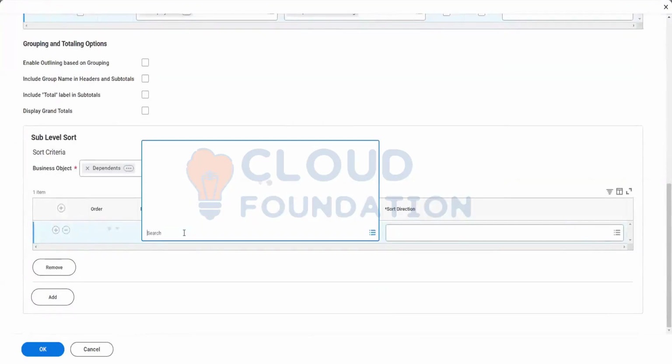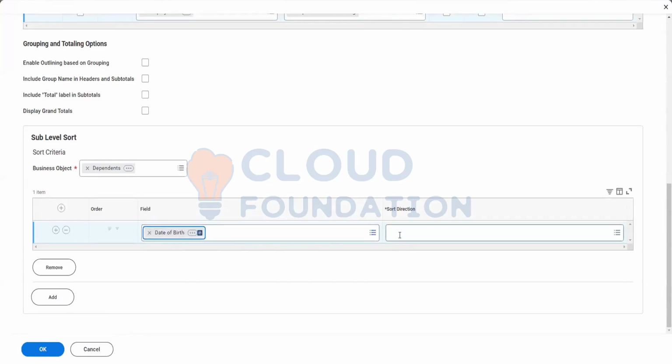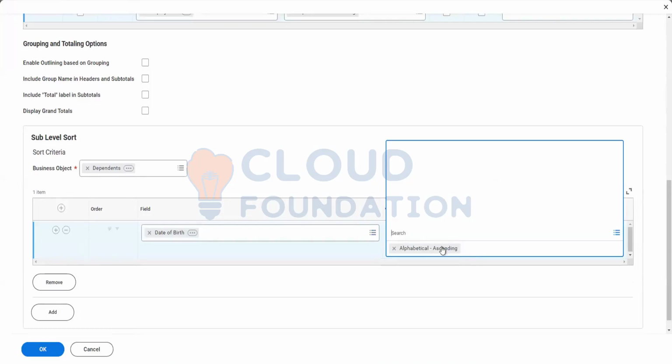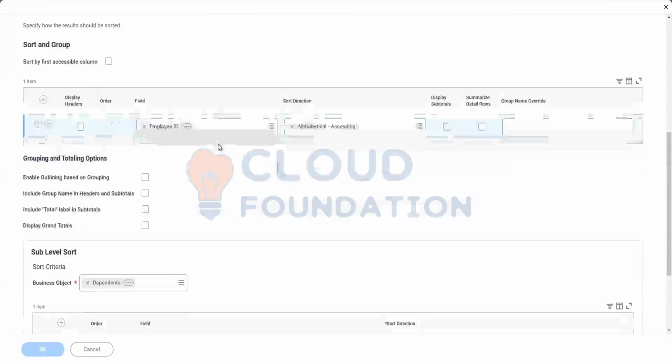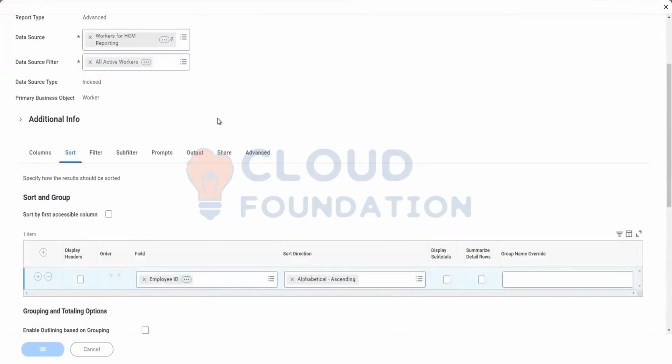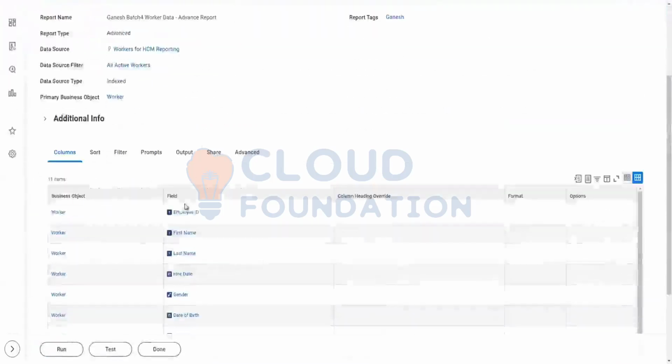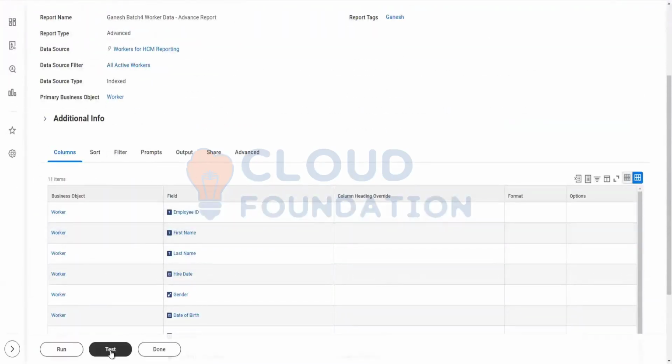Now in dependent, I want to sort based on date of birth of dependent from younger to older. So it's ascending by default, younger to older. Now, click on OK. Yep. So now if you run the report,